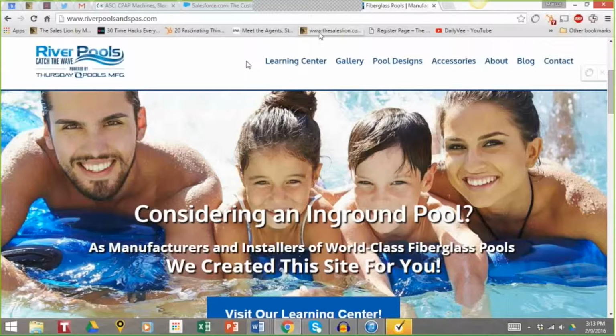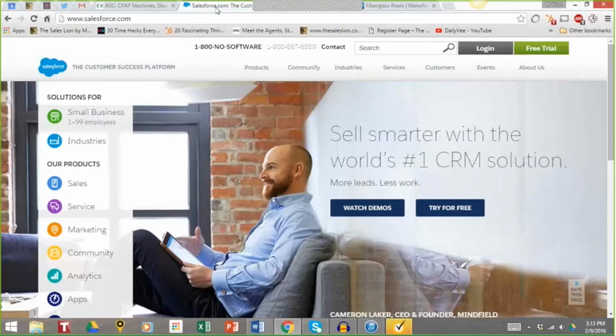Let me show you a couple of other companies that have great you statements. One that I love is Salesforce.com. So if you look at Salesforce, once again, their headline statement is directed to you, the visitor. In this case, it's "Sell smarter with the world's #1 CRM solution." This is really slick because you quickly see the problem that they solve, which is they help you to sell smarter, but you also know what they are. They're the world's #1 CRM solution.